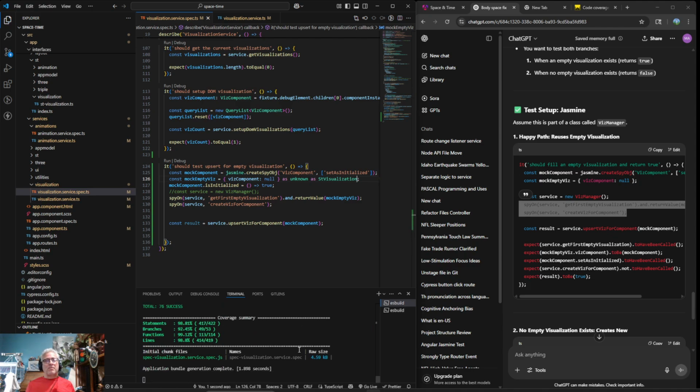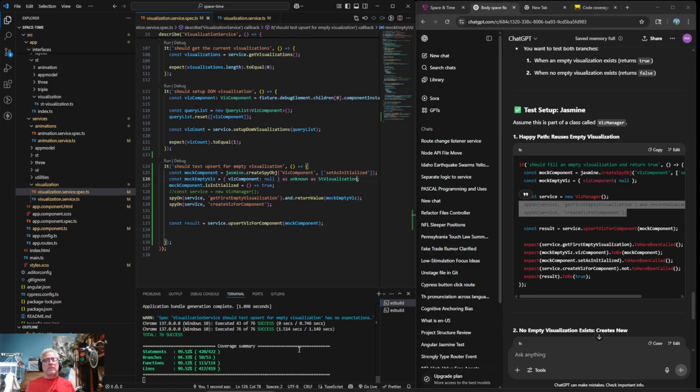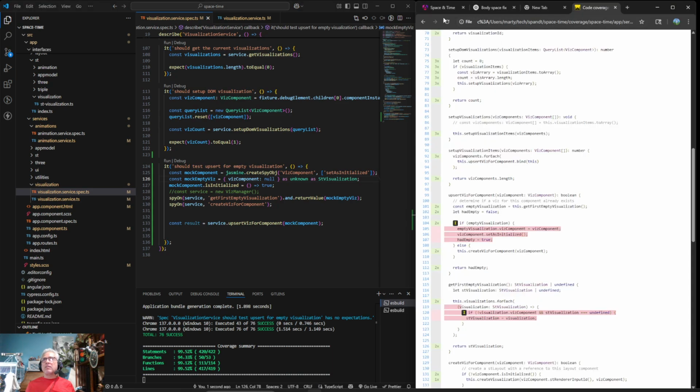And it wouldn't surprise me if it breaks. And it didn't. And I think we actually have a little bit more coverage now. Yep. And my whole goal in life here is just to get to 100%, not to build meaningful tests. That's not what I'm here for. So that's not why I'm doing this.